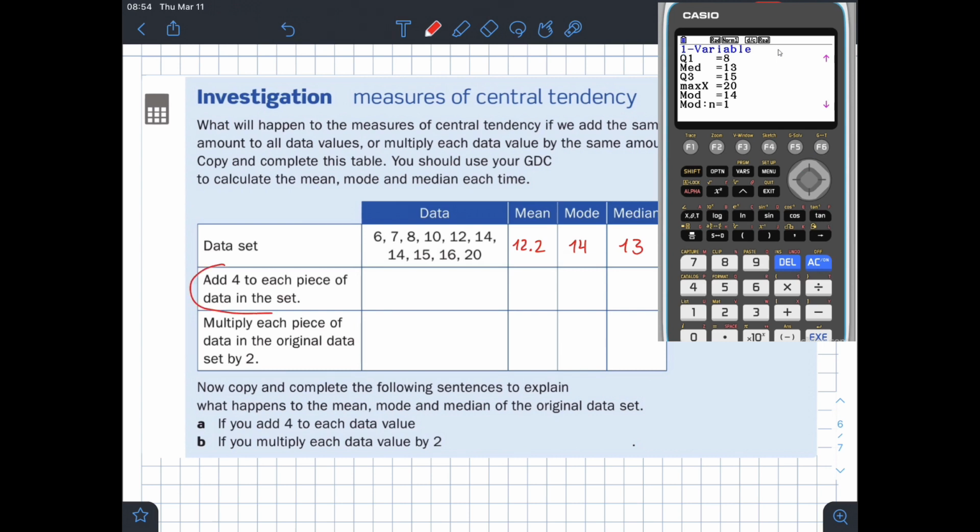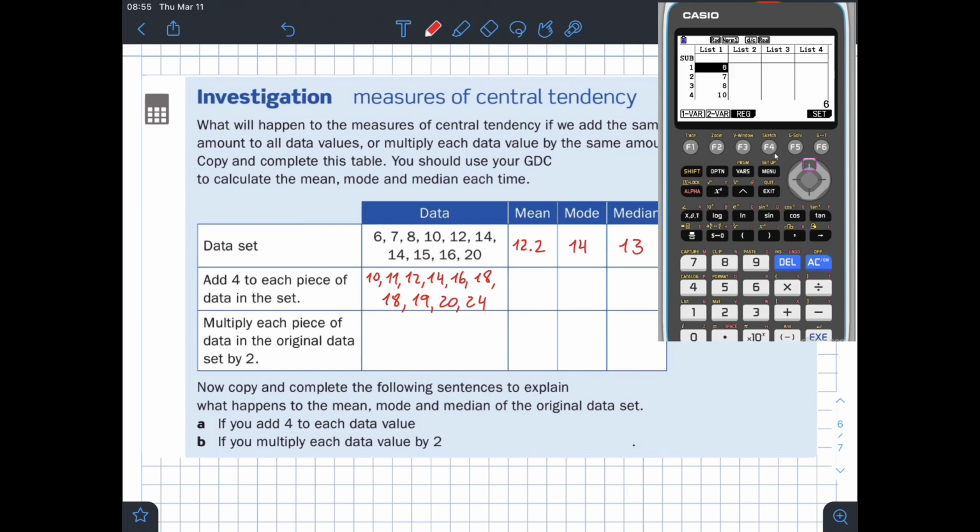Then, for the second case, it says add 4 to each piece of data in the set, right? So we can add 4 to each piece of data. So instead of 6, we're going to have 10. Then this would be 11, then 12, 14, 16, 18, then 18, 19, 20, and 24. So what would happen to our information if all of the pieces of data are added